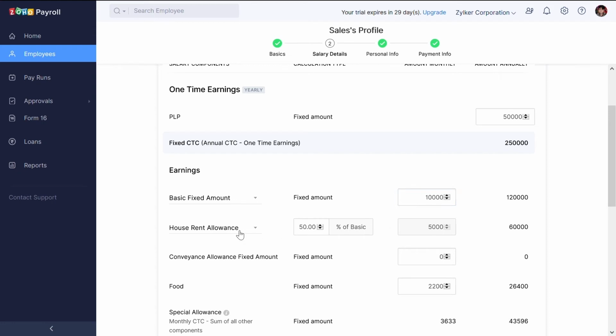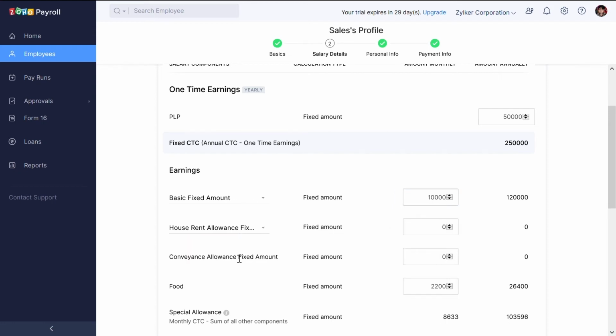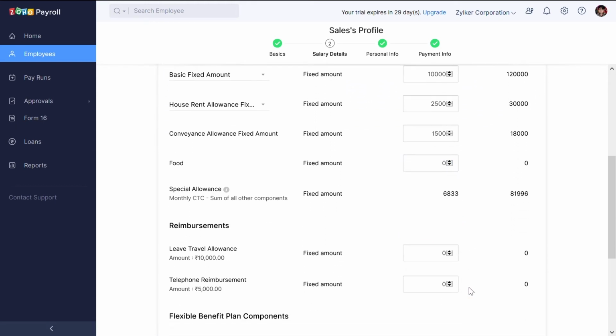Same applies to HRA and conveyance, with the amounts being rupees 2,500 and rupees 1,500 respectively. Special allowance gets auto computed. Save the salary structure.